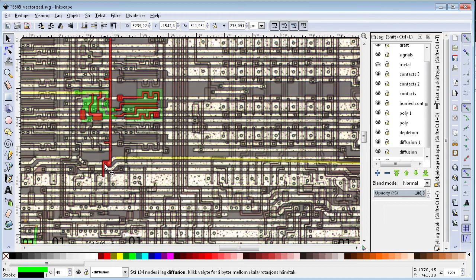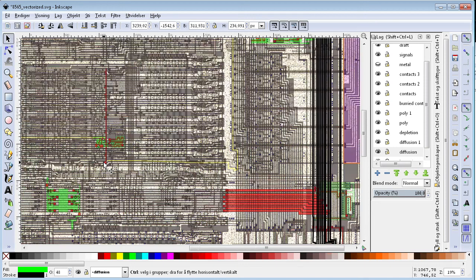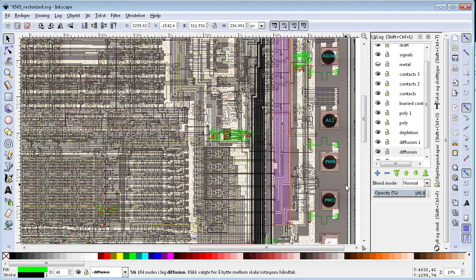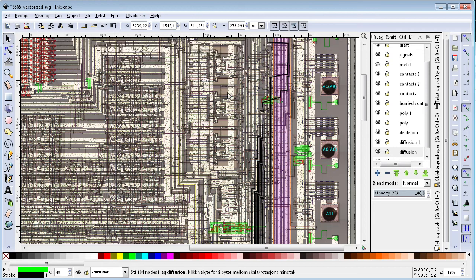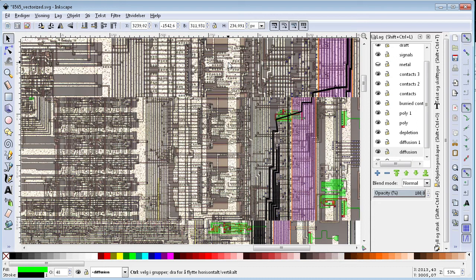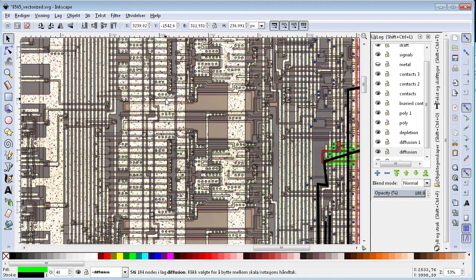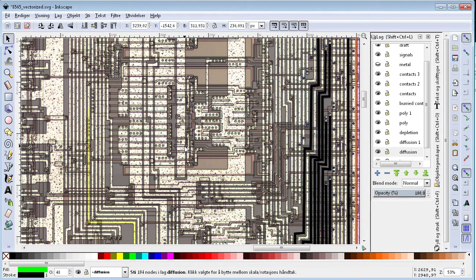This here, this is a clock phase. That was the first thing I looked at. This is some clock, making a non-overlapping clock from the actual clock input. And here you have different clocks, and they are super buffers. And you can see they are super buffers because they are large transistors. They are stacked like this. But the bottom one is the most important one, and you can see here